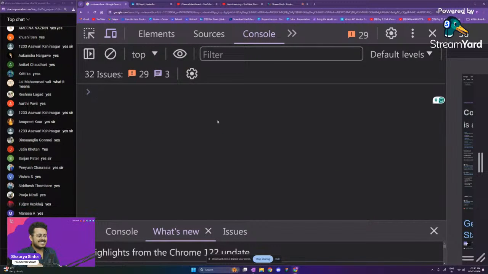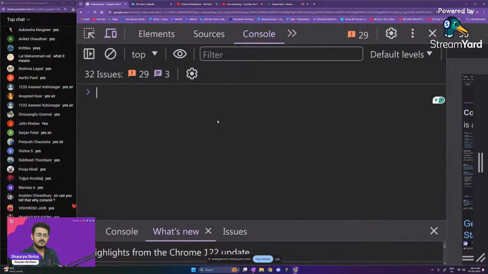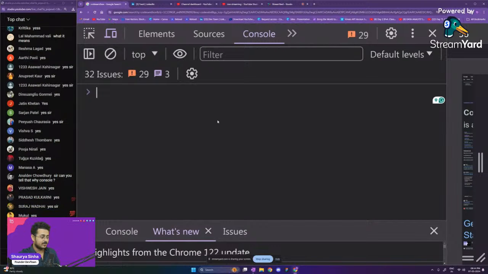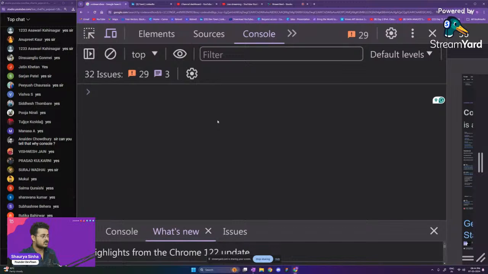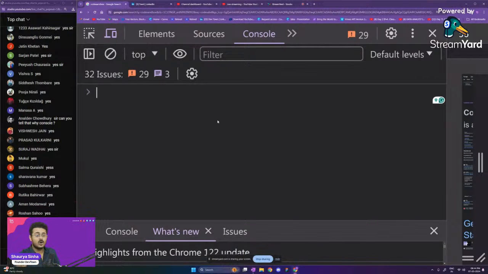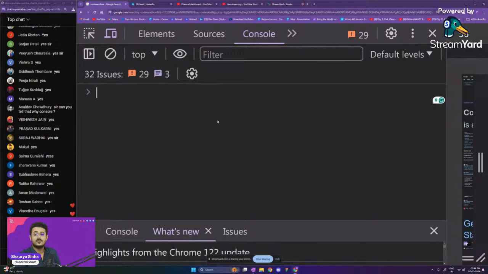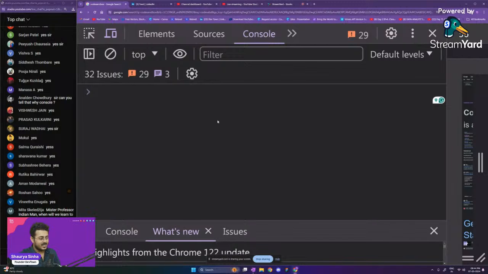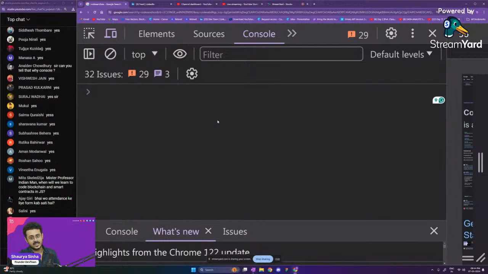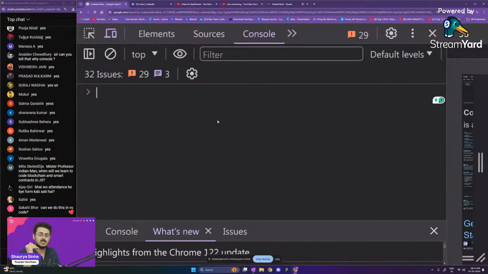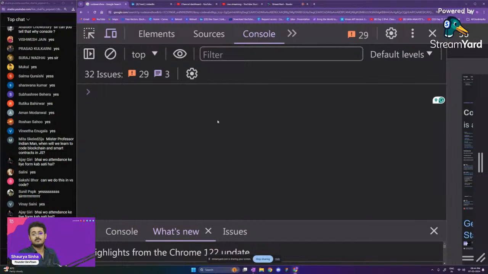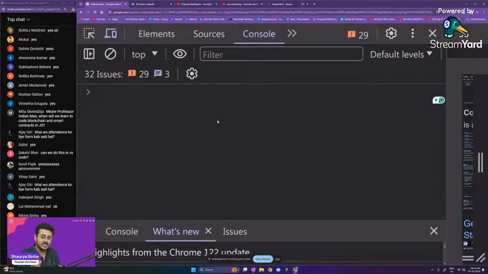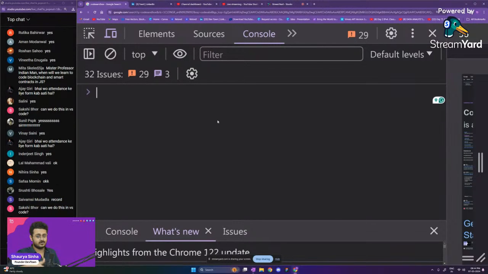Okay. The next thing that we are going to do is variables inside of JavaScript. Now, if you want to understand why console, you have to wait. Why console, I will only be able to tell you after we finish JavaScript. Even if we try to explain it right now, you won't be able to understand it. You guys are at the basic level itself. Let us go a little bit further. Believe me, it is very important to let you know why we are using console, but after we finish JavaScript.